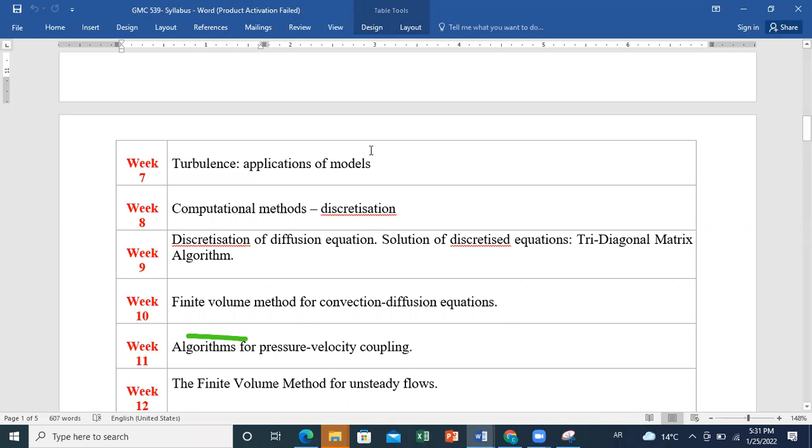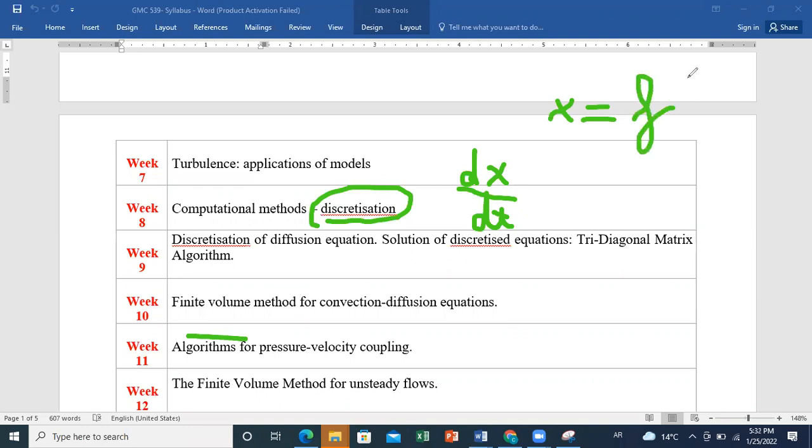Also, we'll learn discretization techniques. So discretization is very important because it will help us to go from an analytical equation to a numerical one. So for example, any derivative, if I take the simplest derivative, let's say the derivative of position with time, dx by dt. This is an analytical form of the derivative. If I want to calculate the derivative in a numerical way without knowing the exact function. So if you know x function of time, of course, the easiest thing to do will be